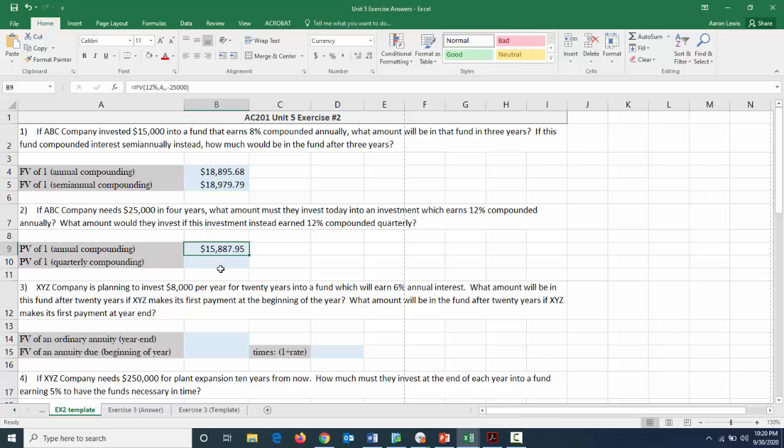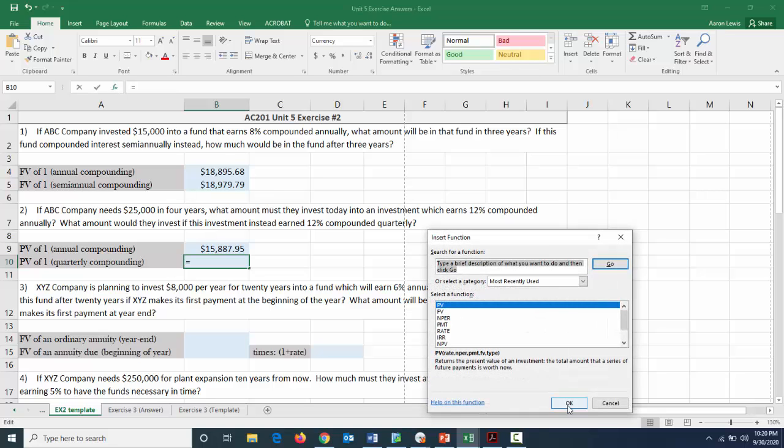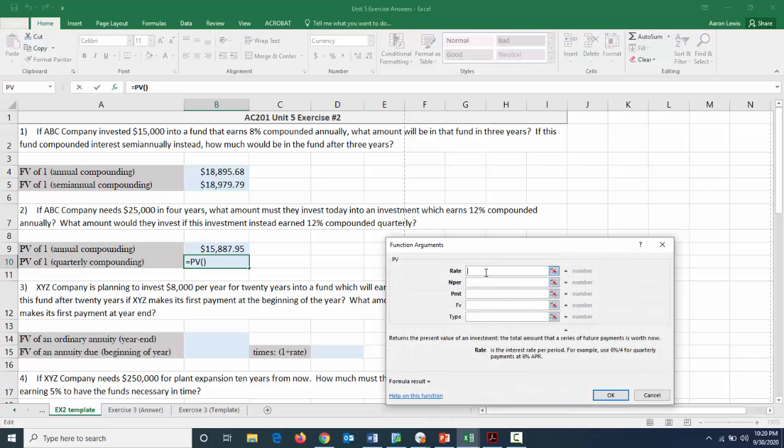We're going to use the same function. We're going to use the PV function. But our inputs are going to change. Now, the rate is 12% per year. But if it compounds quarterly, it compounds 4 times a year. How much is that each time it compounds? Well, if we spread 12% over 4 different times, take 12, divide it by 4, we get 3%